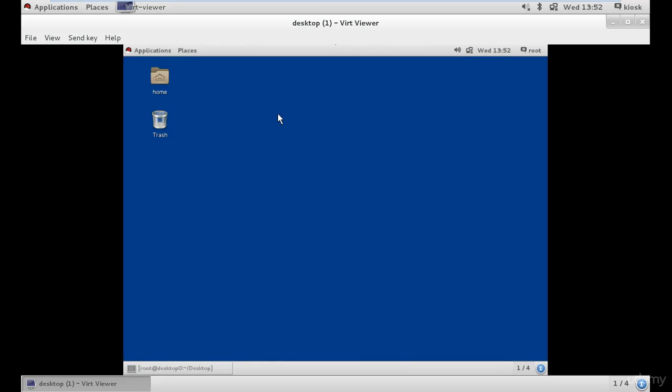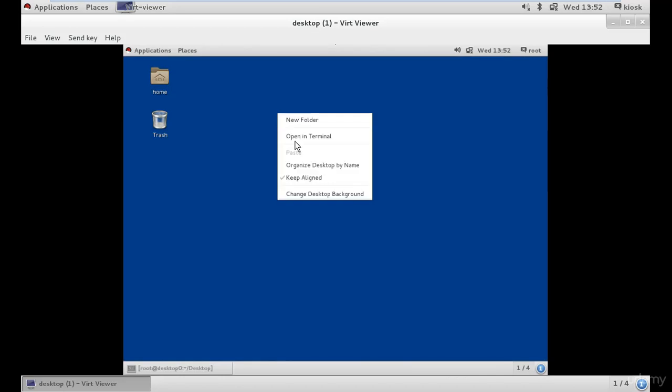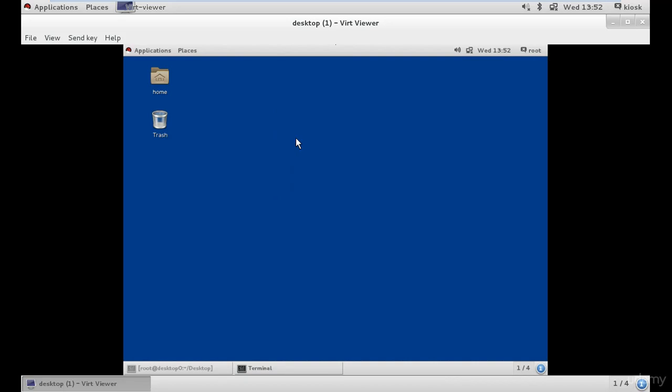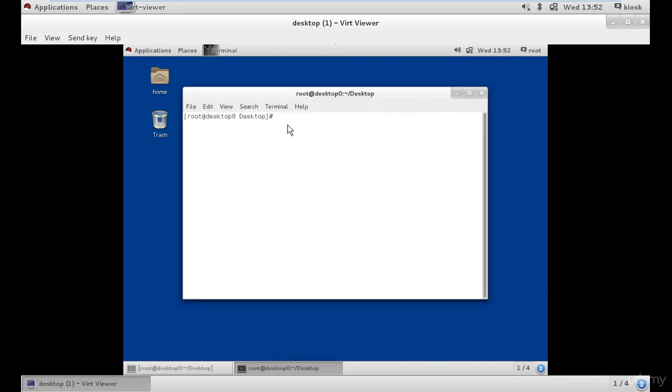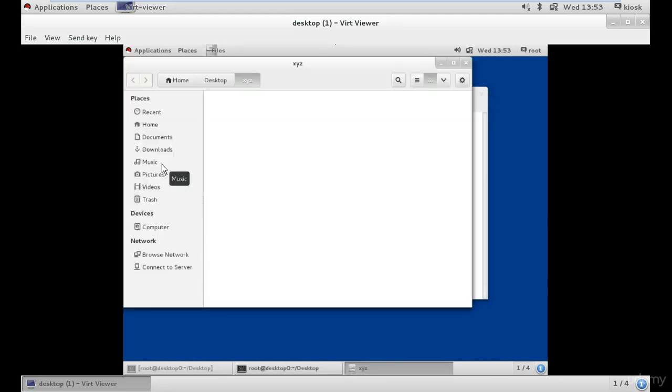To create a folder, right click on the desktop, click on open in terminal and type make directory space directory name xyz. Enter. And you will find that the folder named XYZ is already created on the desktop. If you want to open it, just double click on it as you do in Windows. As it is a blank folder,